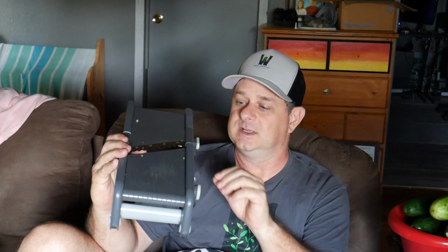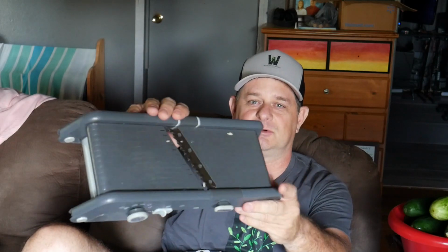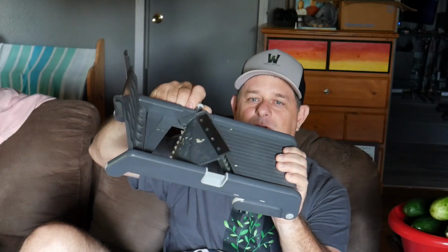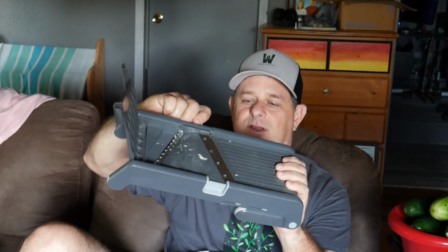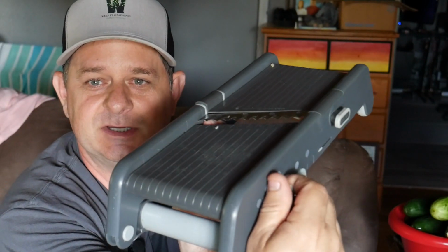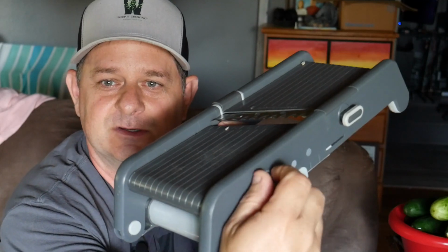What's cool about this thing is, if you'll notice right here, we're making the wavy kind of cucumber. But this little thing will fold up, and you can switch. You can use the wavy blade or the straight blade, either way. So we're going to use the curvy blade. You can also set the thickness of this thing. However thick you want your pickles to be, you can set them with this. As we get started, I'll show you how simple